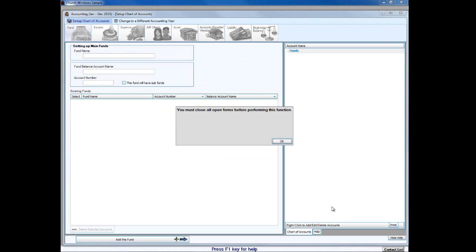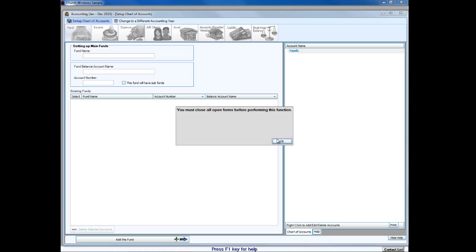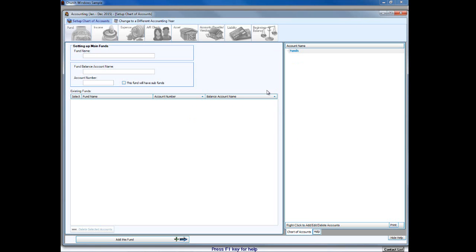So what am I missing here? Oh, it may not permit me to do this with this year. So it might require that I get through the chart of accounts wizard in order for me to do this. I'm sorry, folks, my memory is failing me here. This might be the case. I might have to at least get a basic structure of my chart of accounts entered before I can do that. But if this is where you're thinking you need to go, okay, and there's one more thing I want to discuss after this,